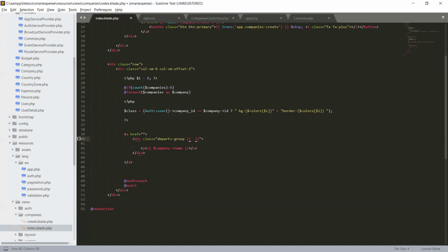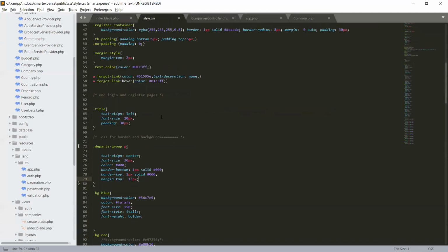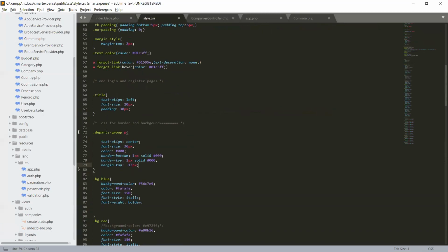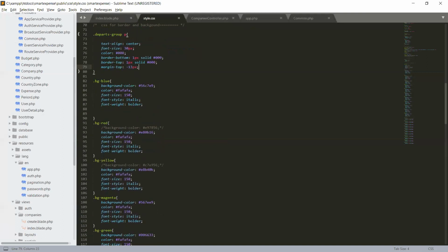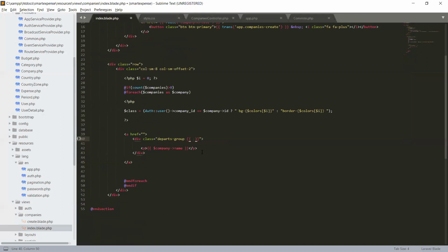So the class will become bg background red, or background green or blue, border color red, green, yellow, in our style. So we have bg with the class name, and it will make the colors. Okay, just pass the class variable. So we have passed our variable in a div with class.